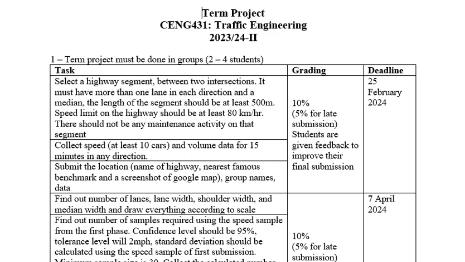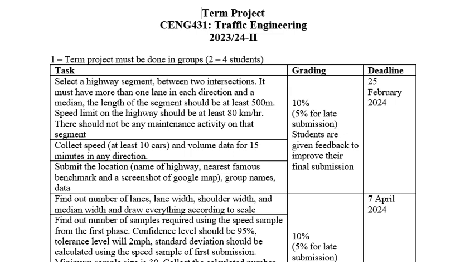The Excel sheet is just for students' information, not for mine. For me, once you select the segment, you will go to the segment, collect some data, and upload all these things on Blackboard. So for me, all submissions are on Blackboard. The Excel sheet is just to make sure you know who is in which group and which location is taken, so there is no conflict. This is just the purpose of it.